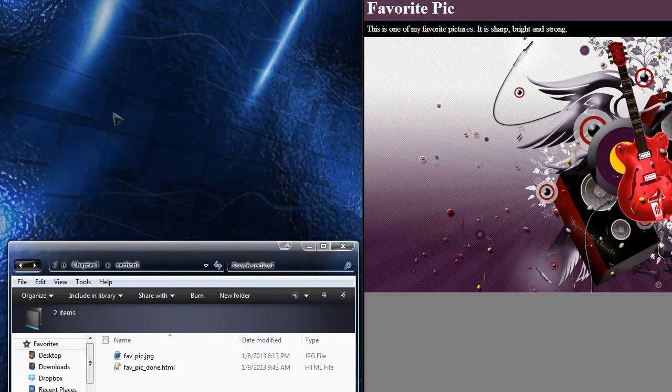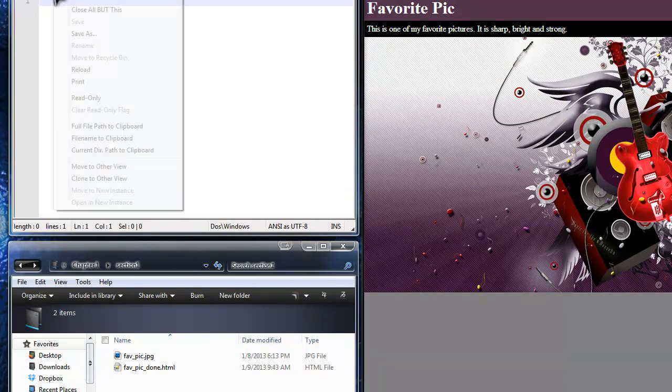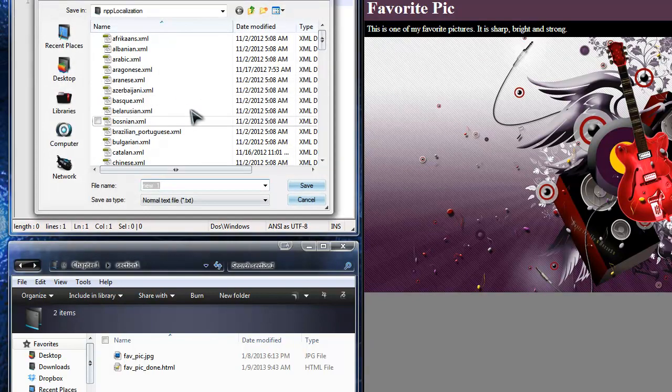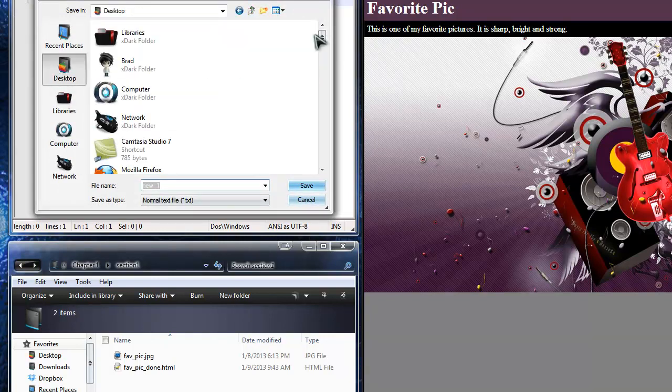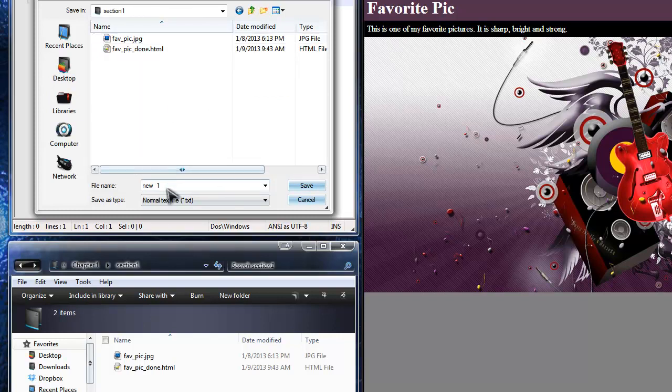Alright, so what I want to do now is create a new file. Let me close this out. I want to create a new file to work with. Now you'll see we have the fave pick done HTML file. I'm going to create a new file and I'm going to call it index.html. Let me just do that real quick. Save as, and you should save the project before you even start. So I'm going to save it to the same folder, chapter 1, section 1, and we're going to name it